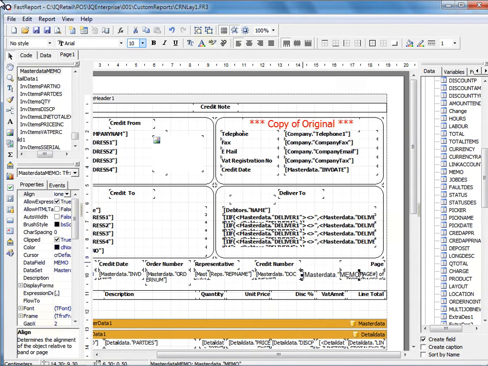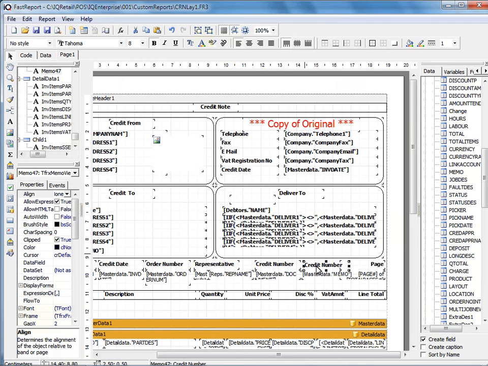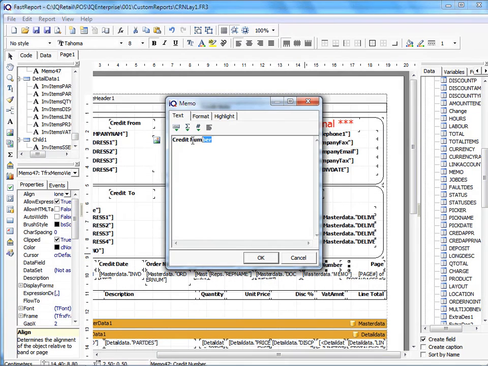I'm going to put it over here, make it a little bit smaller. Remember, the font must be the same as the font you've got. There we go. Let's just resize it a little bit, move it up, and I need to add a little comment. So the easiest way to add a comment, and have the font and the size and everything the same, is to copy and paste. Then you just bring it down. And then I'm just going to change my comment by double clicking on it and typing in here credit note